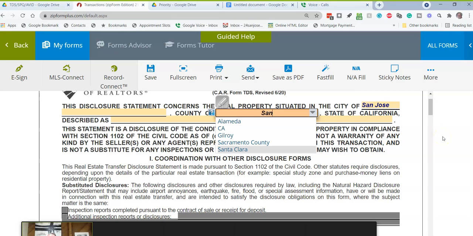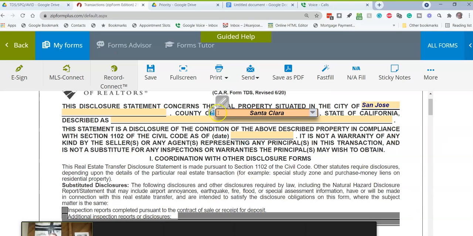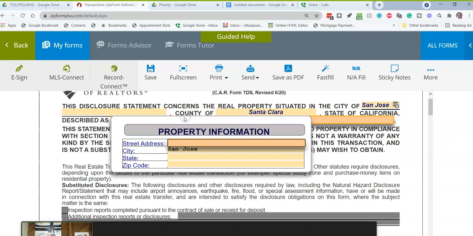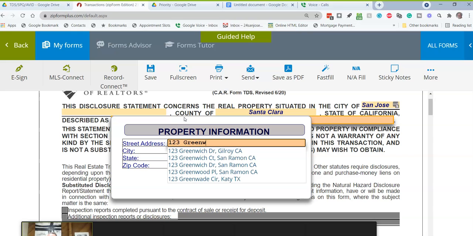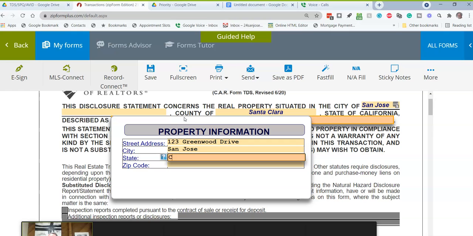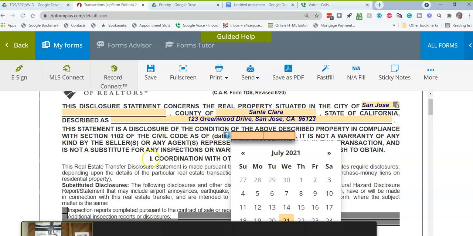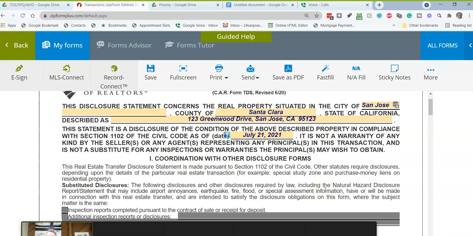County of Santa Clara, and described as, let's just say, 123 Greenwood Drive, San Jose, California. And no, that's not a real street. And let's say we're doing it today. So I would probably be discussing with the seller